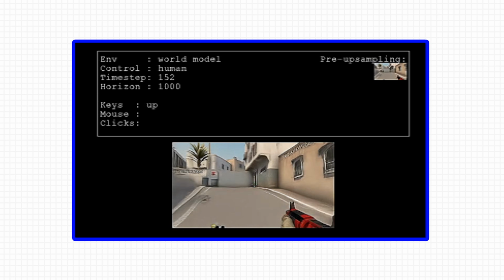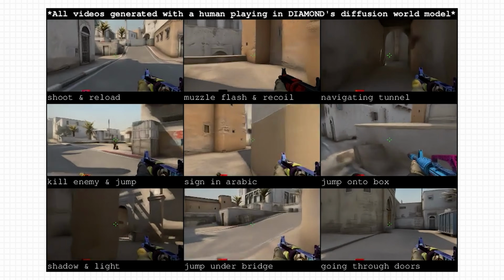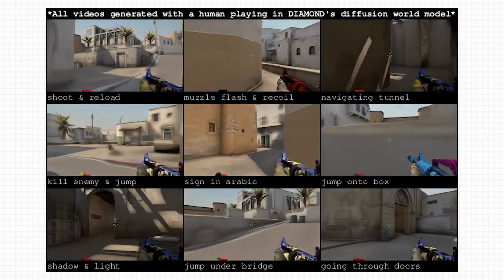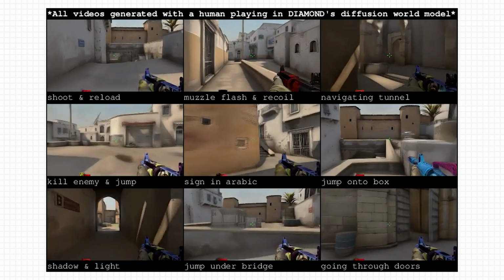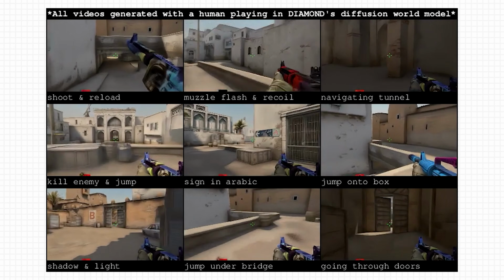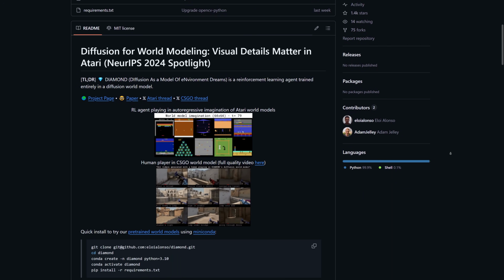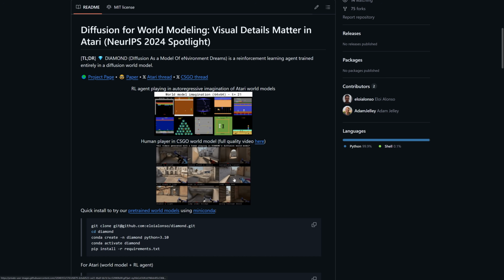For the final method of reimagining video games, we have Diamond Diffusion, which is a completely free and open source tool, and it's an entirely simulated game world trained on older Atari video games and Counter-Strike. So even though this may look similar to Counter-Strike, it's actually an AI that's responding to my keyboard and mouse inputs. At the moment, this method is the most restrictive and experimental reimagination of a video game, but with more